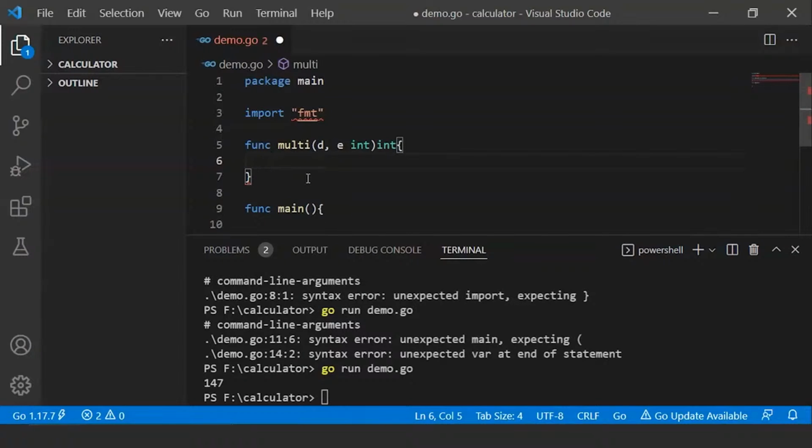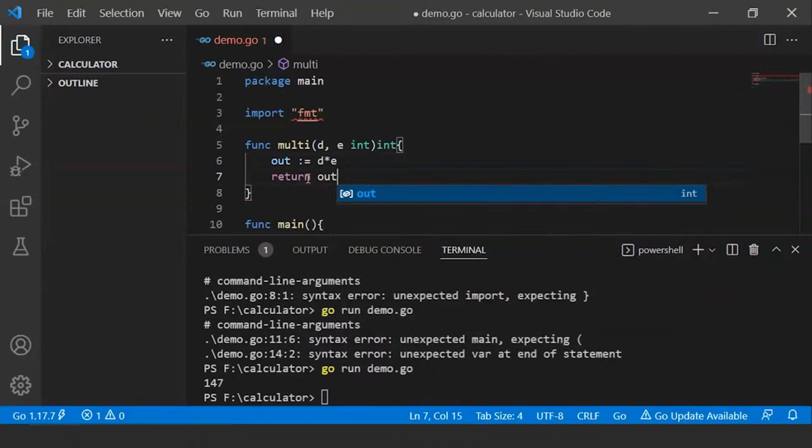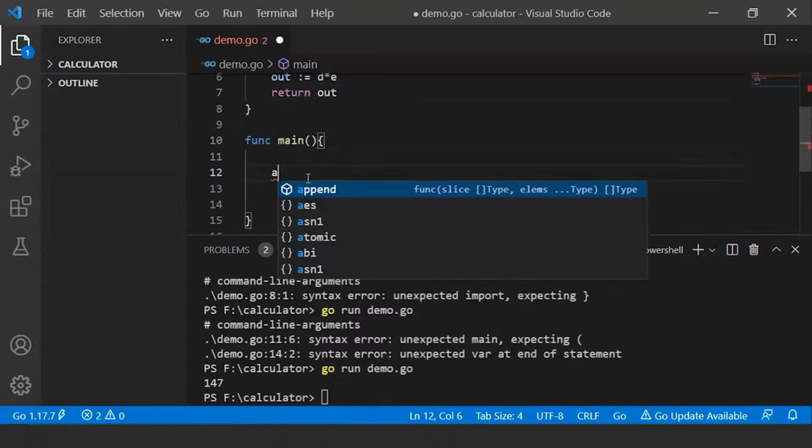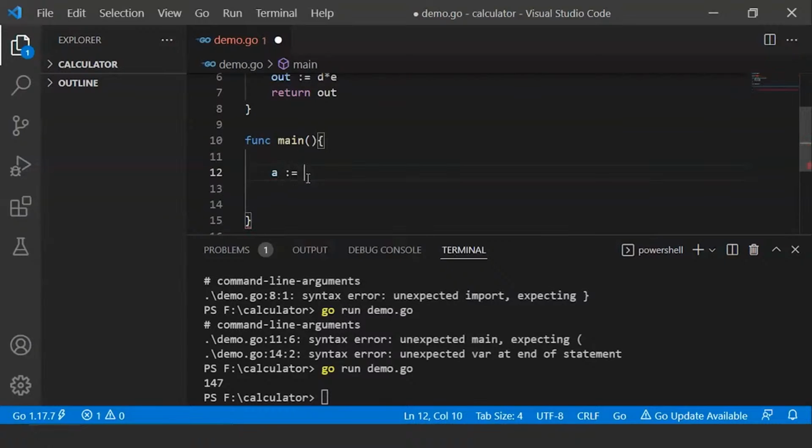and here we will declare a variable that would be out, and it will perform the operation of multiplication, and we will return the variable out, and inside the main function we will declare two variables, a equal to 76 and b equal to 91,